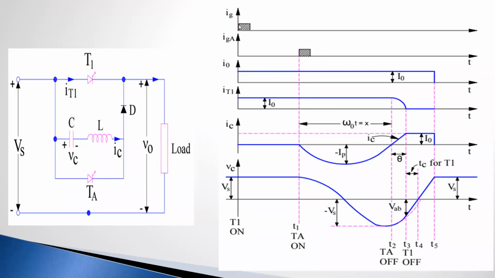In the first step, the thyristor is triggered at time t equal to 0, and the current is flowing through this thyristor and through this load. Okay, the current is flowing through the thyristor and load, I0 and IT1, and no current is flowing through the capacitor, that is represented by dotted lines, means 0, that is the sky blue line. But the capacitor is fully charged, it is clear? So the voltage across the capacitor is Vs. The magnitude of the voltage across the capacitor is Vs. Whichever voltage we applied, the same voltage is present.